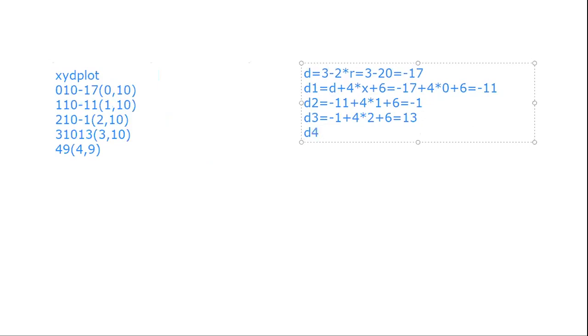Next decision parameter is equal to, now the formula will get changed because whatever value you got here is a positive value. 4 into, okay, x plus y, and here it is plus 10. Okay, this is the value, right? So previous d is 13 plus 4 into x plus y. What is x plus y value here? Previous x is 3, y is